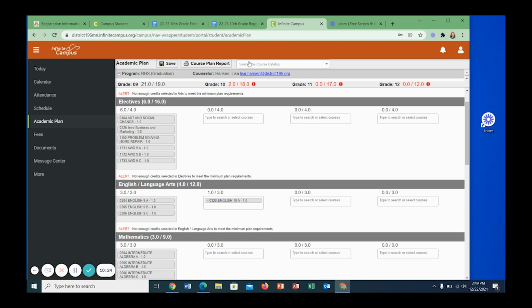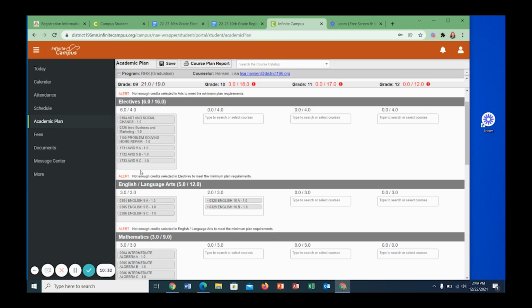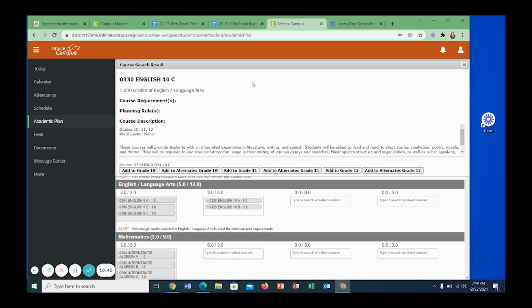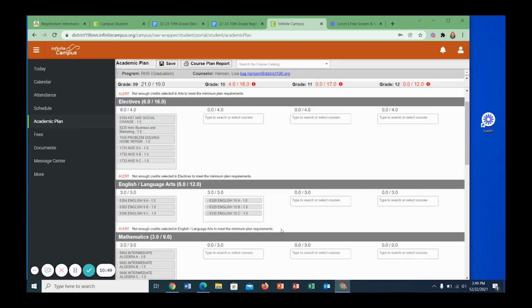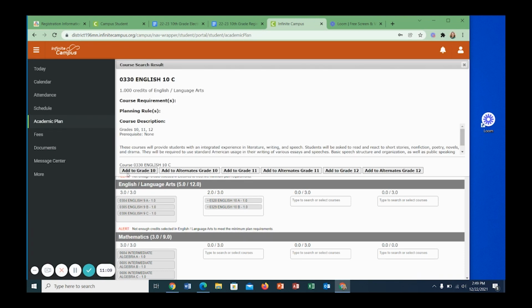I'm going to go back up because this is a full year course and we need to make sure we're entering each trimester. So take a look at the course number for each trimester and enter those course numbers in. Now you get an A, a B, and a C trimester added in. If for some reason something added wrong or you grabbed a wrong course number, you can delete a selection just by clicking the X next to that course